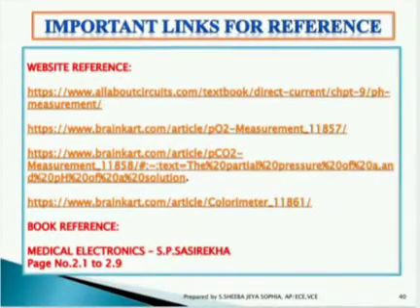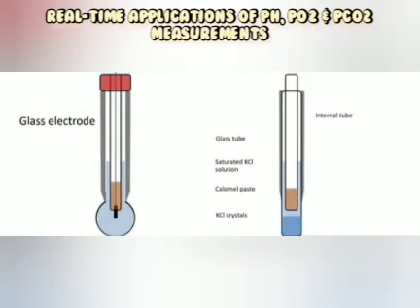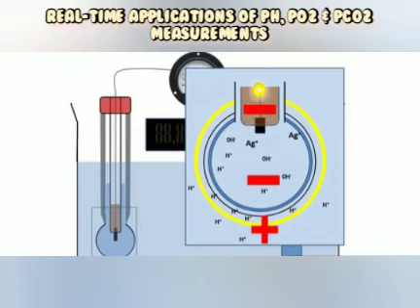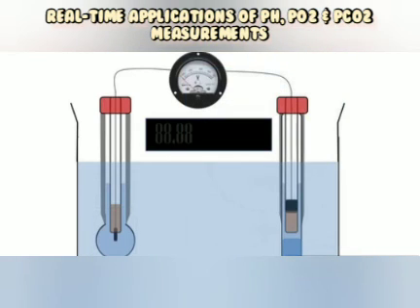So, moving to the real time application, in real time they are all used in major applications. The pH, PO2, PCO2 and colorimeters are very major in measuring blood chemical variations as well as the chemical variations in the other liquids of the human body, for maintaining the proper ambient condition of the human body as well as maintaining us in a normal state.